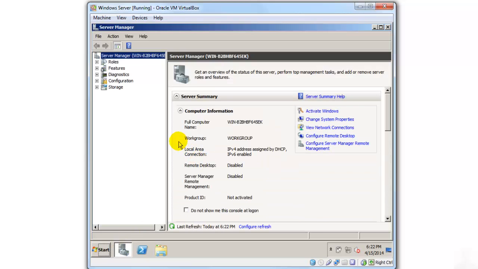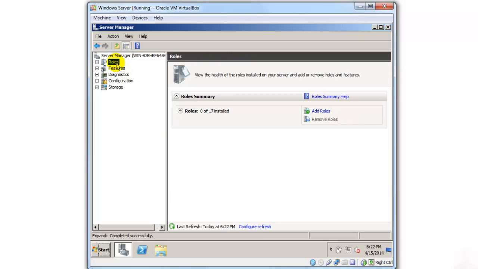I'm going to go ahead and click right here next to the Start menu and pull up the Server Manager, and I'm going to click on Roles on the left hand side, and you're going to see here in the summary there's 0 of 17 roles installed. I'm going to go over here to the right and click Add Roles,